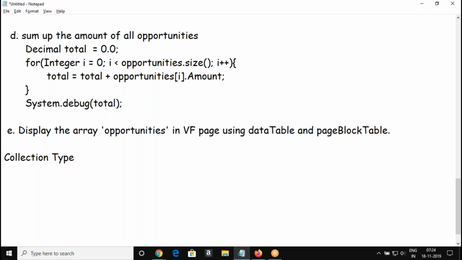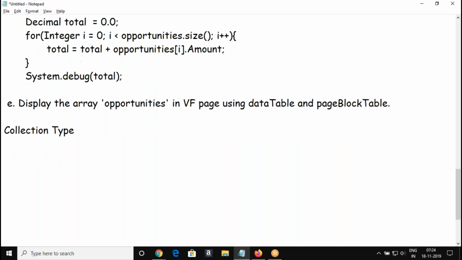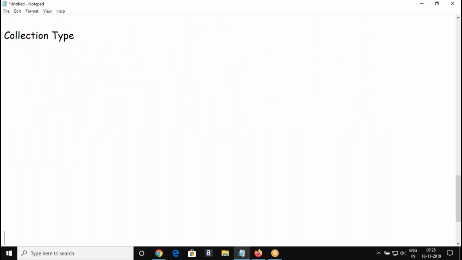So now we are going to see another data type in Apex called collection. Collection is also a group of similar elements like your array. Array is used to store a group of similar elements, a group of integers, a group of strings, a group of sObject records.